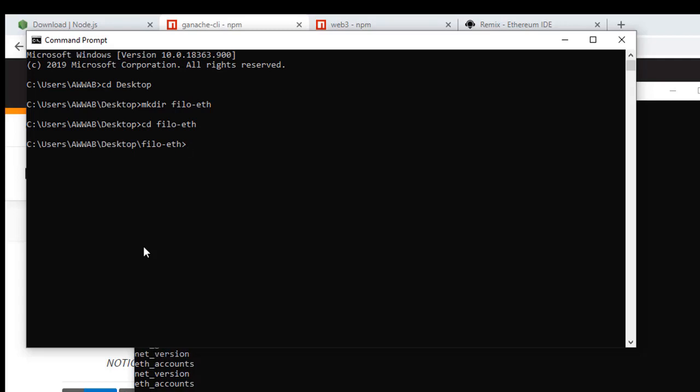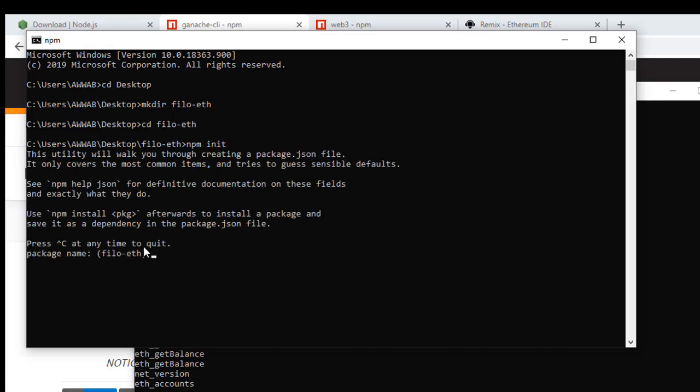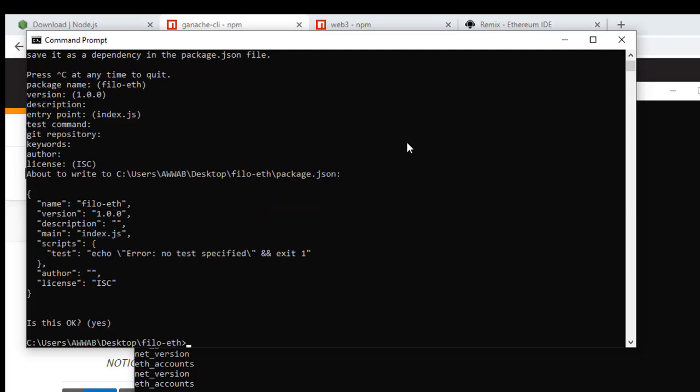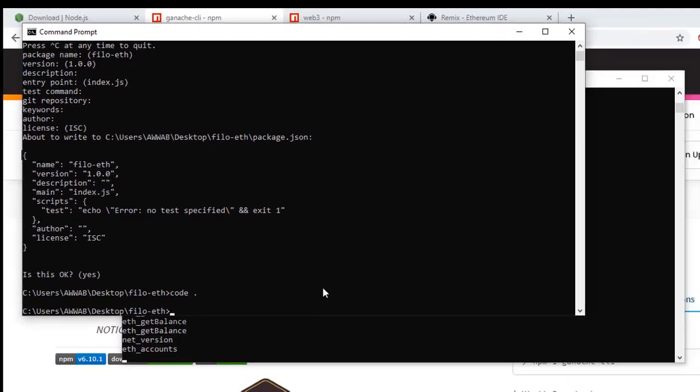For that you will write npm init. It will ask you things like package name. Just press enter for all of them. So in the desktop we have all the files. I will open this in Visual Studio, as I am using that for code editing.